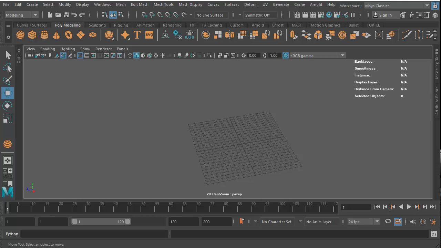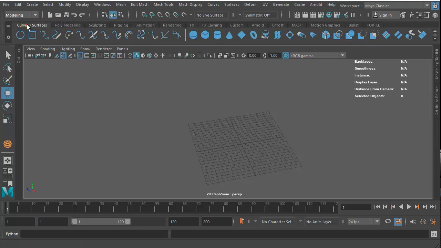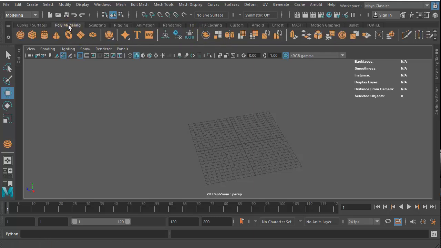Okay, so first of all we want to start off by making some polygon based objects. So make sure we have the modeling tab selected, and the poly modeling tab selected here. So we have curved surfaces, then poly modeling. And you can see here with curved surfaces, we've got some very similar shapes here. We have a sphere and we have a cube, but they're going to be different. So we want to make sure we have these orange polygon based modeling